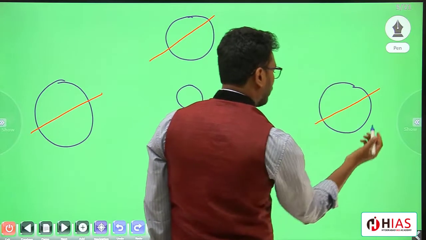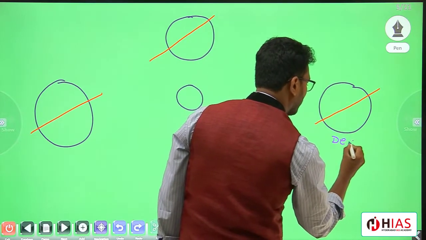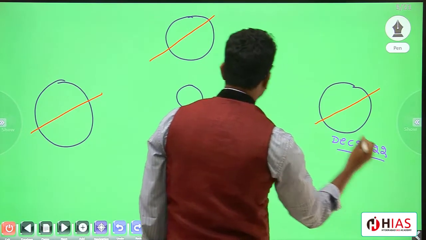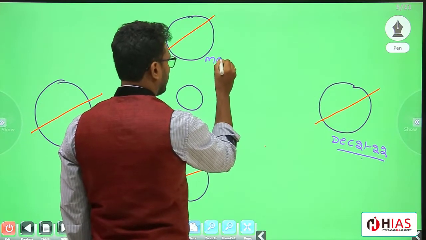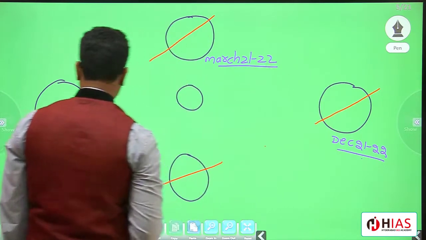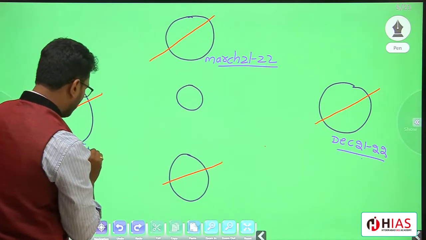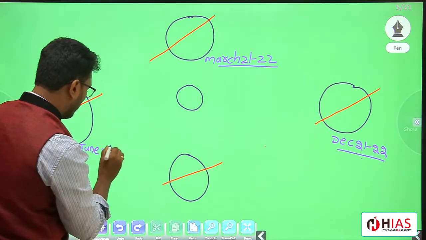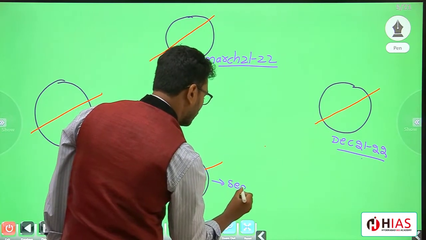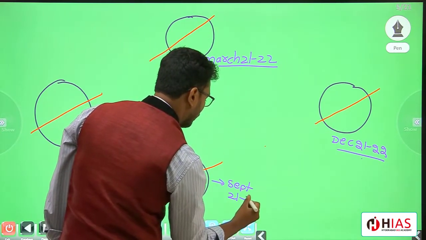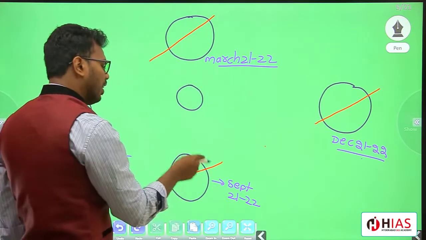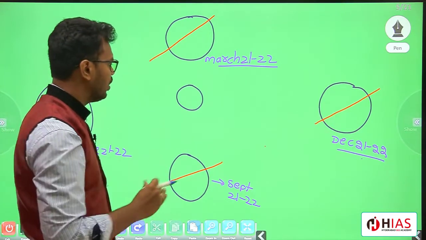Okay, so this is the time period, that is December. Let us consider this as December 21 and 22. This is the time period around March 21, 22. And this one is June, the month of June, 21, 22. And this one is September. Here also you can consider 21 and 22. See guys, in some books you can find this as March 23rd, or September 22. It doesn't matter whichever it may be.